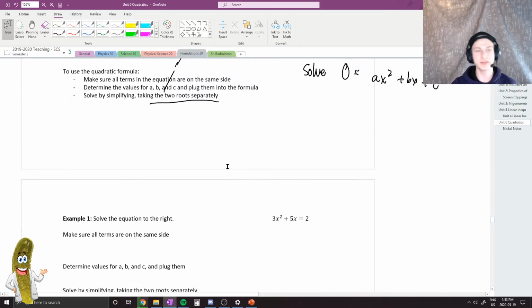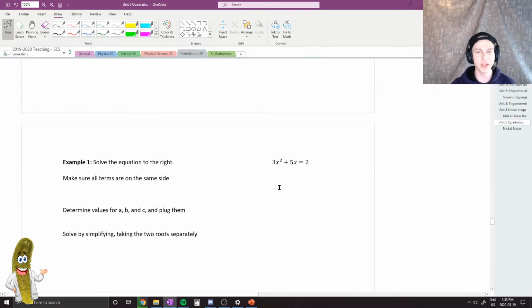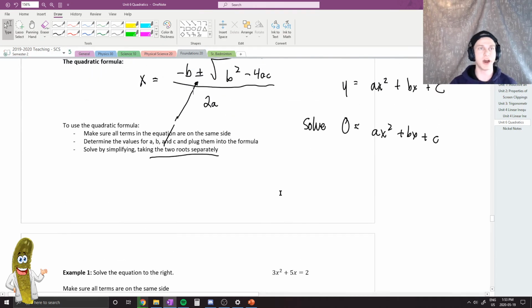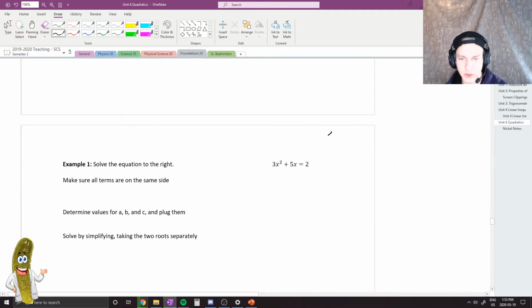Now, when would you want to use the quadratic formula? You would want to use it in scenarios where it would otherwise be very, very difficult to factor. If we look at this first equation here, I'm going to rewrite it here. We could try to get all of our variables on the same side. We would subtract 2 from both sides, and we'd end up with 3x squared plus 5x minus 2 is equal